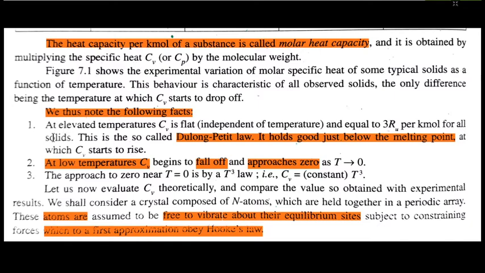In the Dulong-Petit law, they said that at elevated temperature, Cv is very much flat and remains almost constant, that is 3R, or the Rydberg constant, 3 times the Rydberg constant per kilomole for all solids, right? So this is something